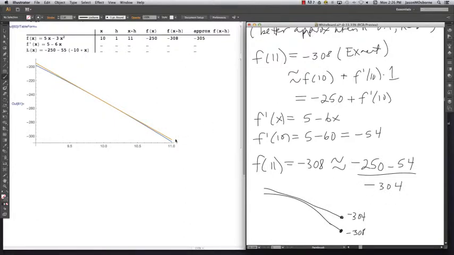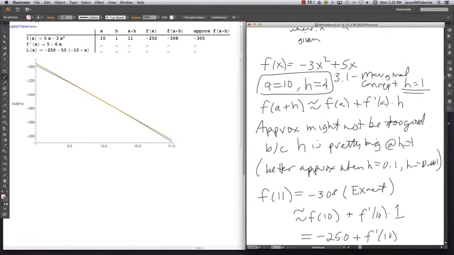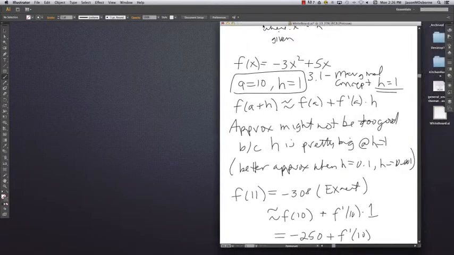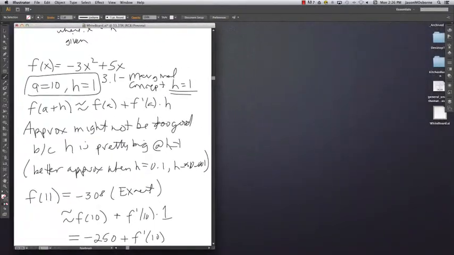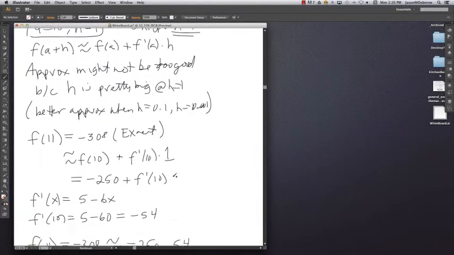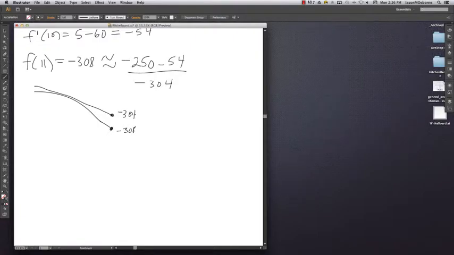Okay, so that's what we were seeing right here on this picture. Now, that is the mathy problem. It's just a given function, a value, and an h value. The marginal concept comes in the following form. Let me make this a little bit bigger, and then I can bring in the problem that would be listed in